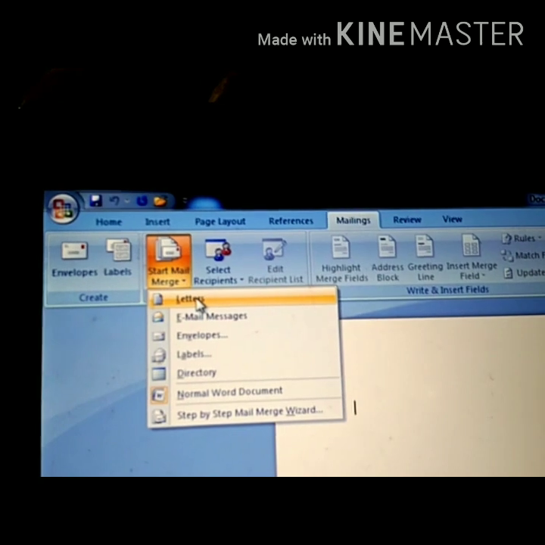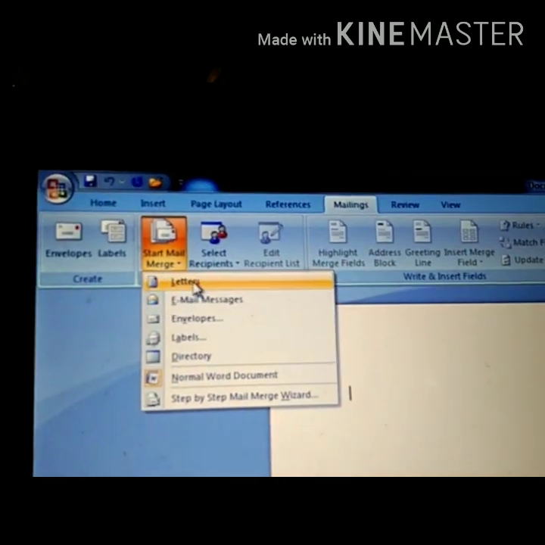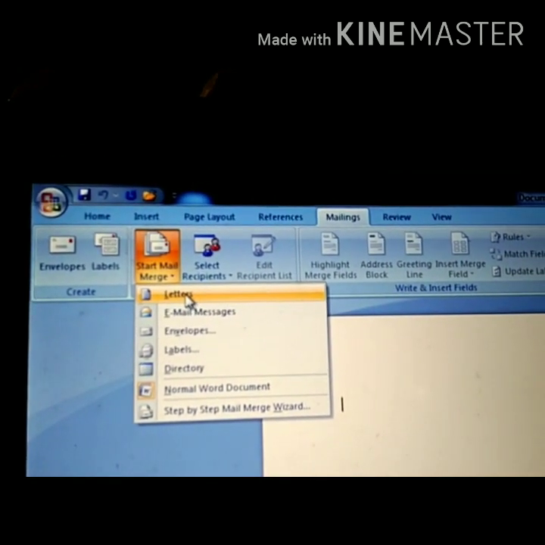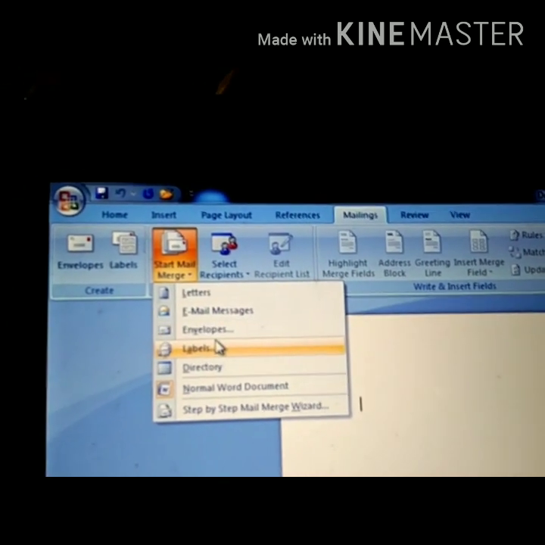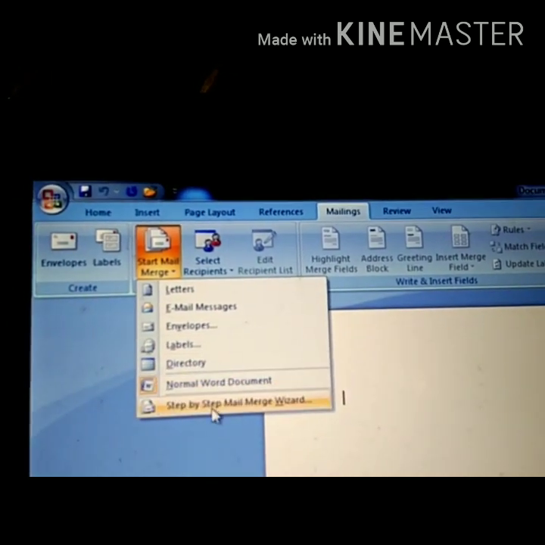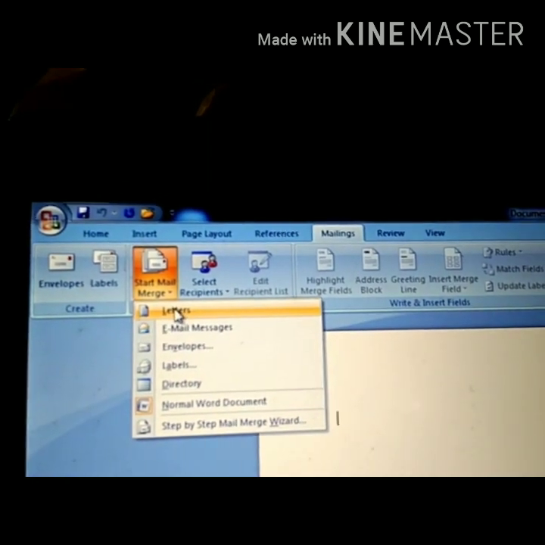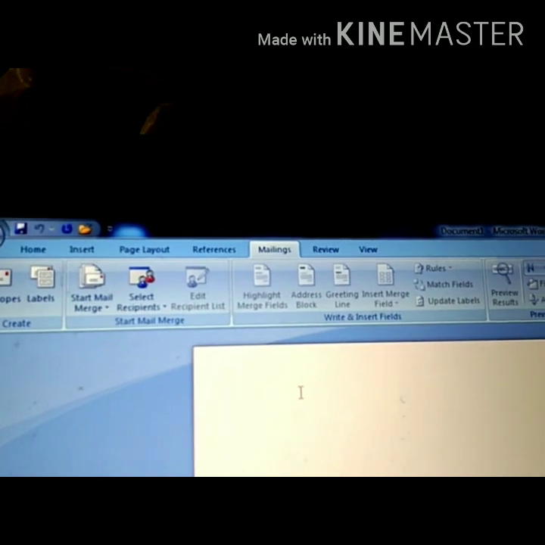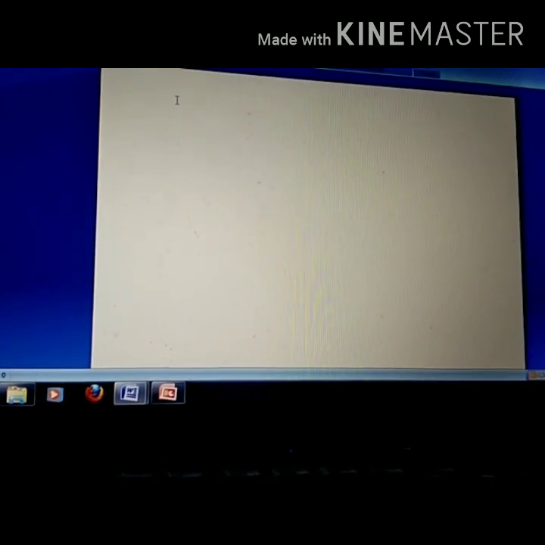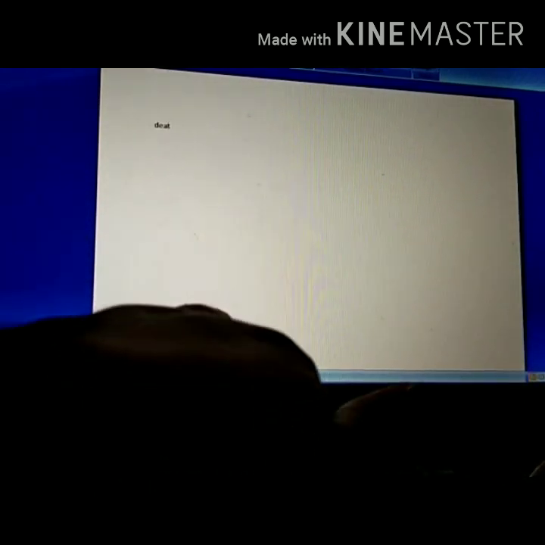Click on this one. Here are the things we can create with the mail merge. Letter you can send, email message, envelope, label, directory. Okay. We are clicking on this letter option. Done. Now we are typing the letter. Last time also we typed. So first we will type one letter. I am typing here. Dear